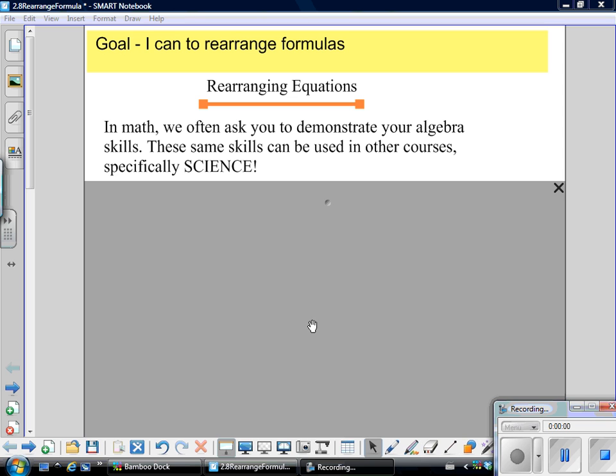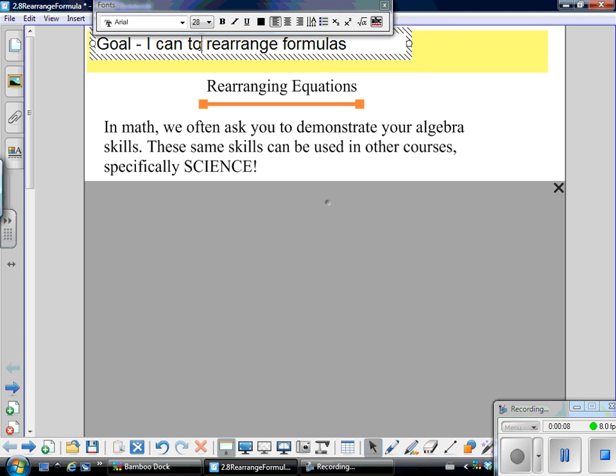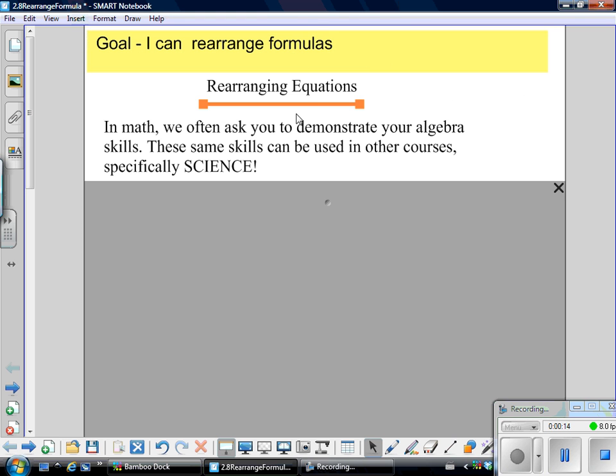Okay, this is the last formal lesson in this algebra unit, and our goal today is: I can rearrange formulas. Now, when it comes to rearranging formulas, the reason we study math is because